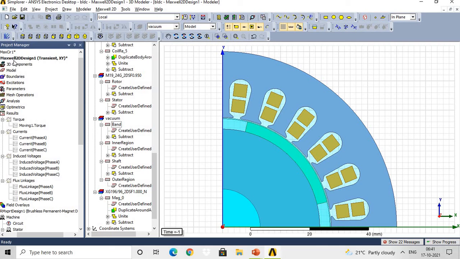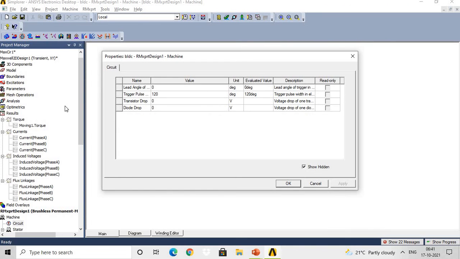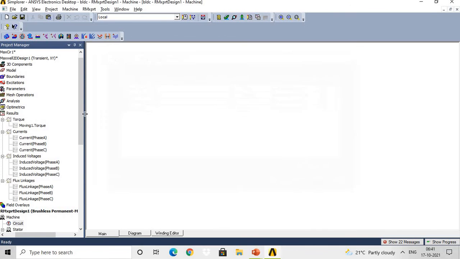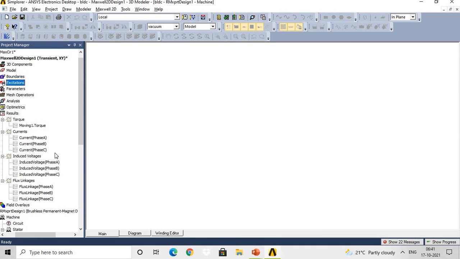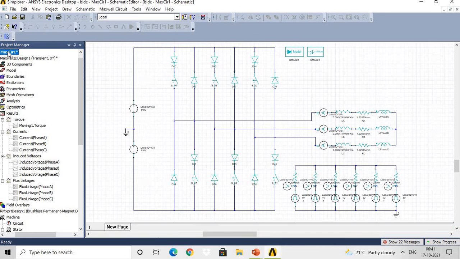But regarding the circuit parameters, suppose I want to go through the circuit for this motor. This is the actual circuit which is by default provided to supply the BLDC motor.